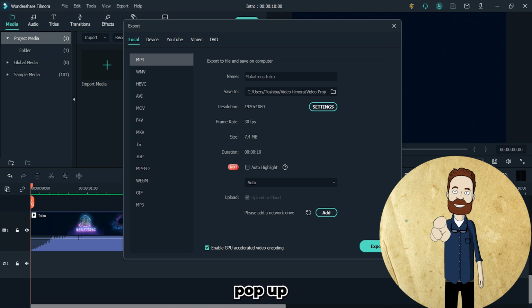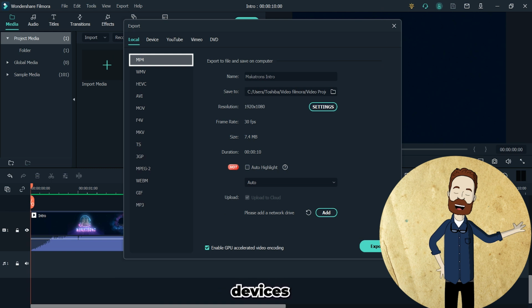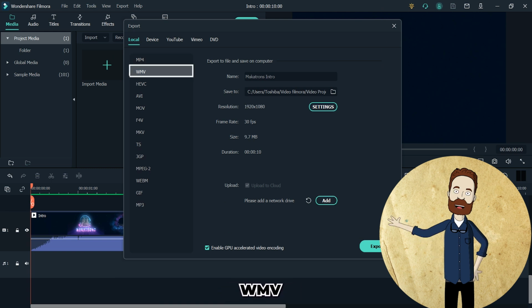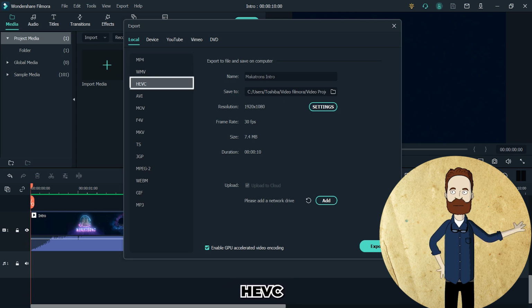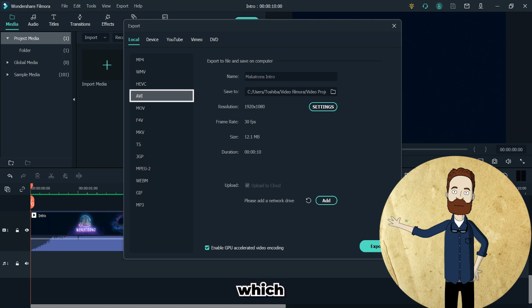In the Export pop-up, you will also see a variety of video and audio formats that you can choose from. These include MP4, which is widely used and compatible with most devices and platforms; WMV, which is suitable for Windows-based platforms; HEVC, high-efficiency video coding, which compresses video at high quality and lower file size; AVI, which is an older format